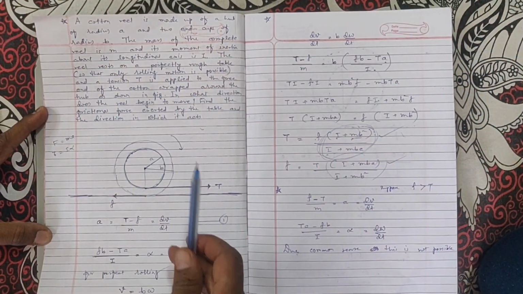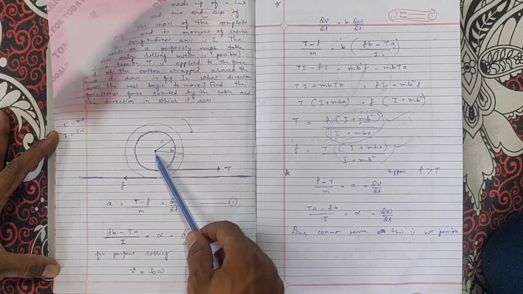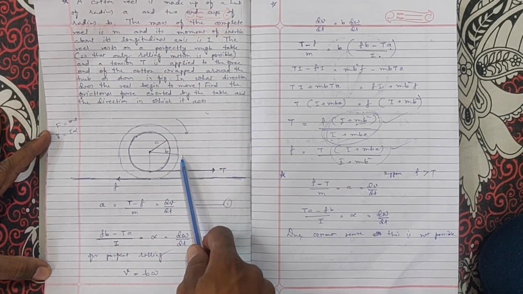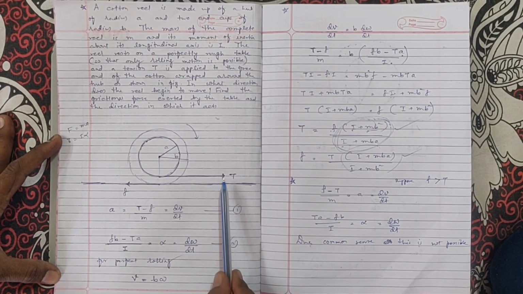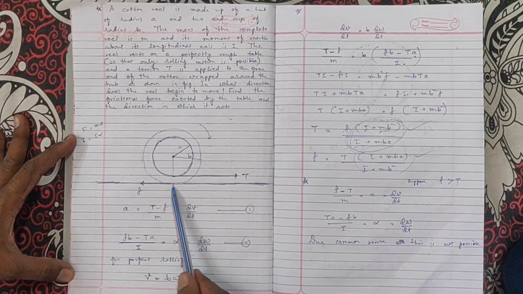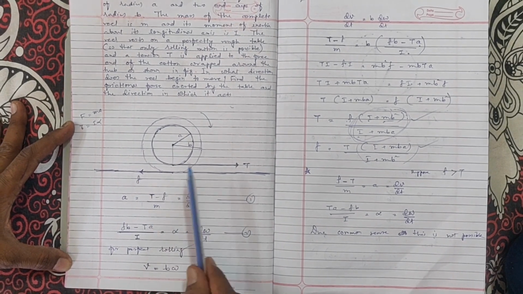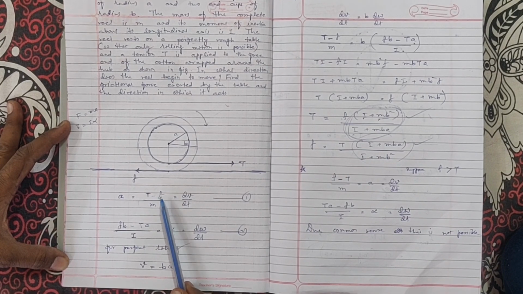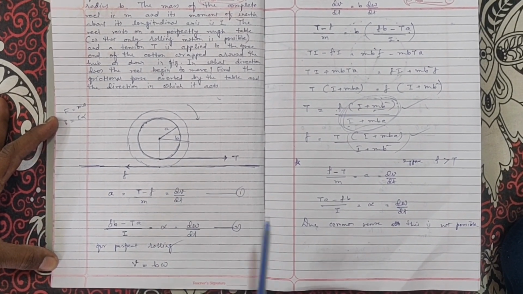Now the theory behind this experiment. This is the side view of the cotton reel. Inner radius is A and end cap with radius B. This is the string in horizontal position, and we are applying tension here, force here. Friction force generated in backward direction. We are considering T is greater than F. So acceleration is (T minus F) by M, dV by dt.